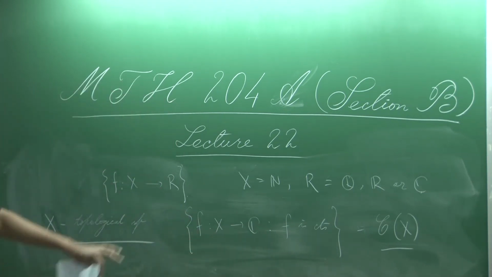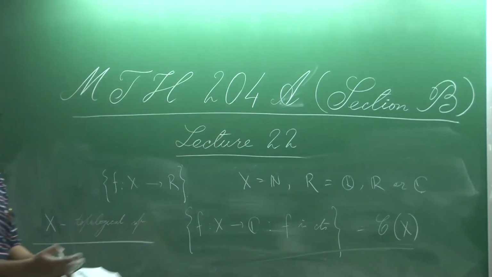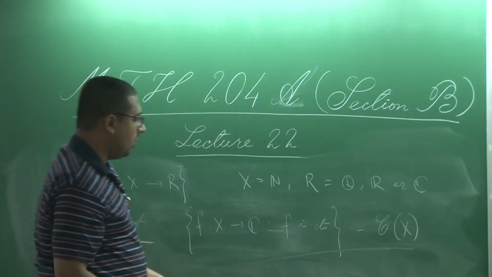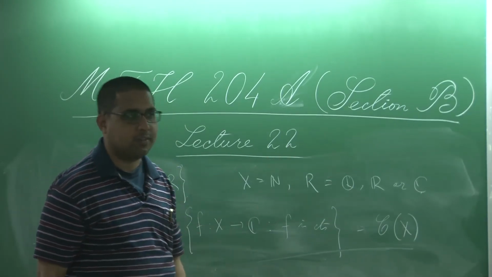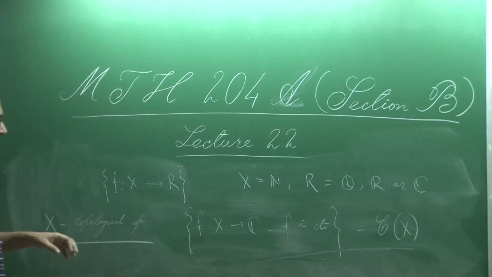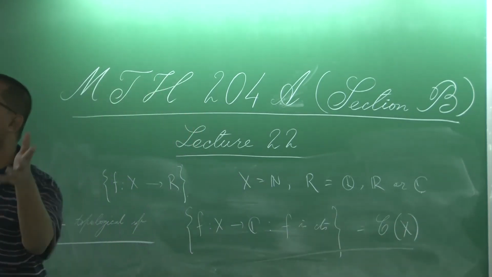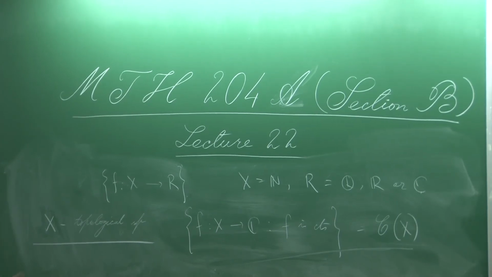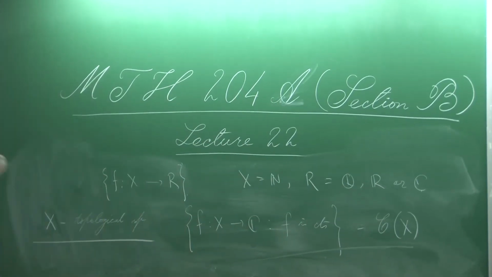Since the sum of two continuous functions is again a continuous function, and the product of two continuous functions is again a continuous function, given a topological space, the collection of all continuous functions on X forms a ring. Thus given a topological space, a very natural ring is associated to it, namely its ring of continuous functions. The point of considering this, of course you will encounter that later on, is